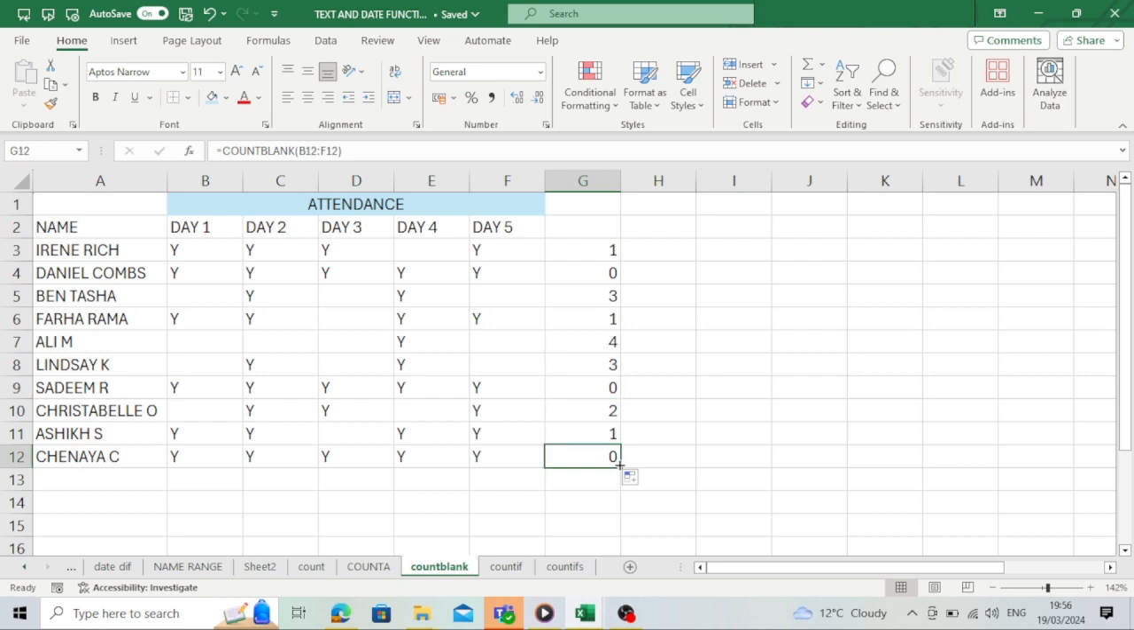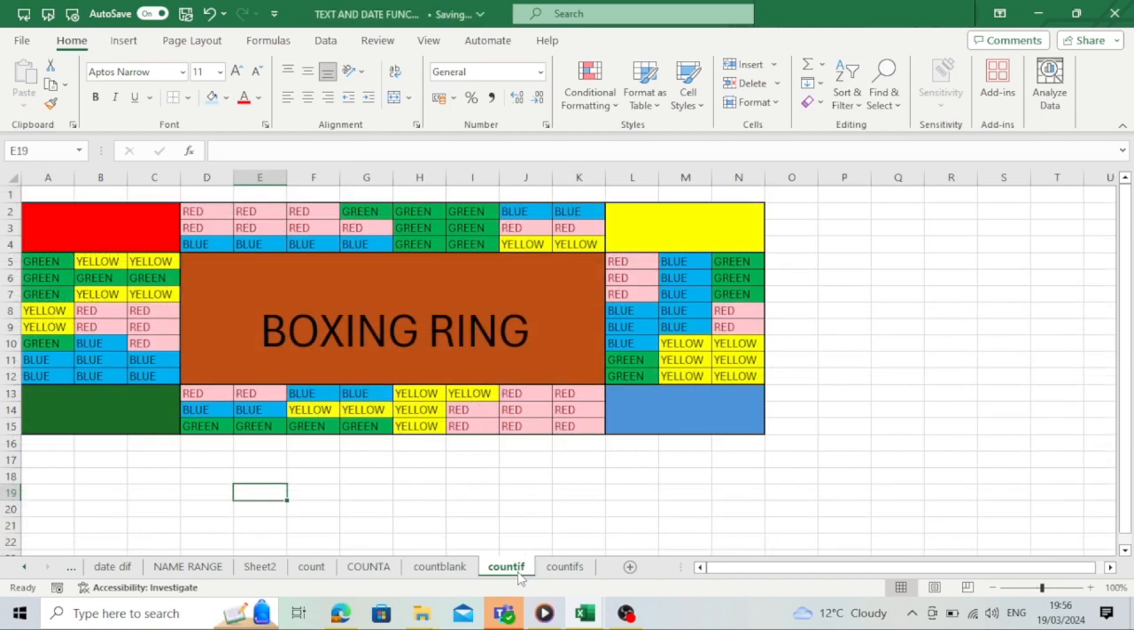Now let's get on to the COUNTIF function. So the COUNTIF function is also a function that is used in Excel, and the COUNTIF function counts the number of cells within a range that meets a specific condition. So let's say that we want to count all the cells that have green text in it. So all we do is